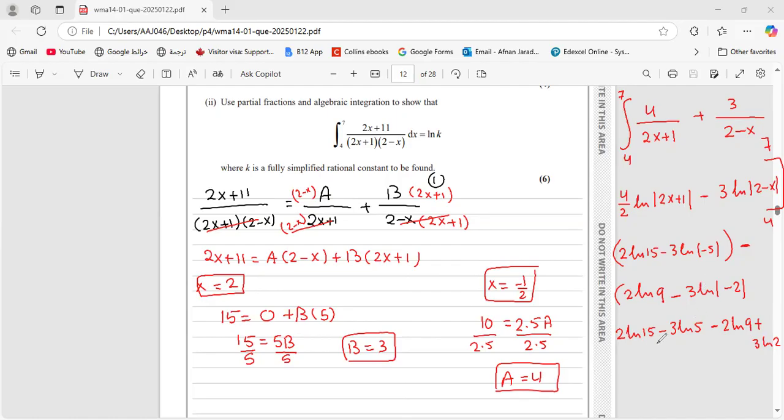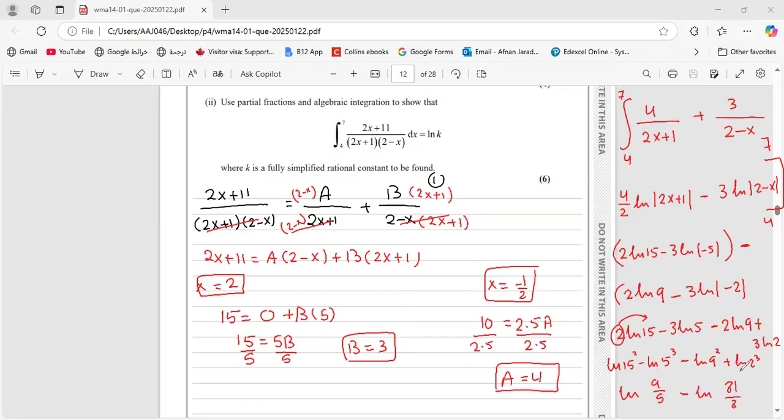Okay, the final answer is to take it's this one minus and minus, so you need to take 2 as a power of 15. It will be ln 15 to the power of 2 minus ln 5 to the power of 3 minus ln 9 to the power of 2 plus ln 2 to the power of 3. It will be ln 9 over 5. 15 squared divided by 5 to the power of 3 divided by, it will be 9 over 5 minus ln